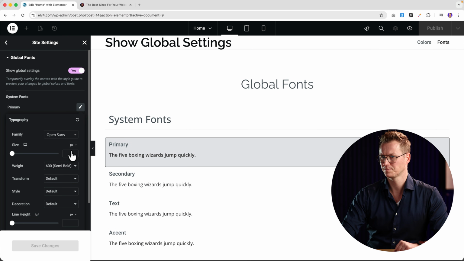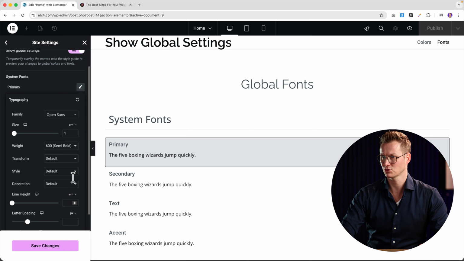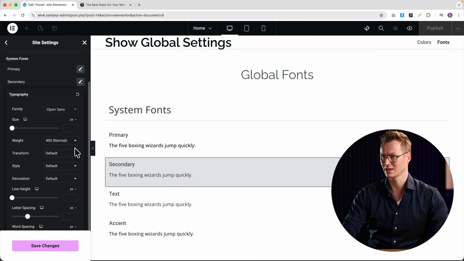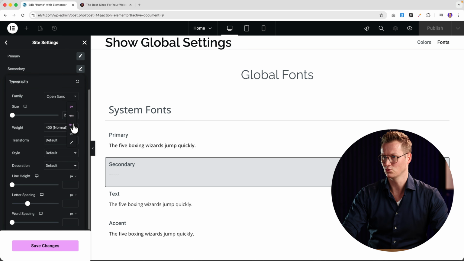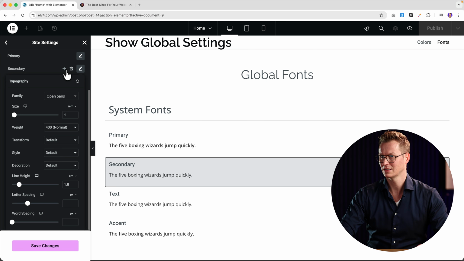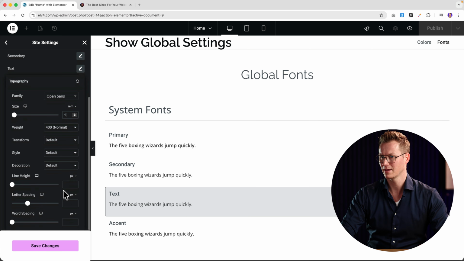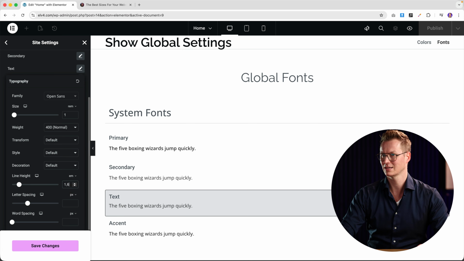Over here, I do the same. I say EM 1, line height, EM, sorry, needs to be REM. I was checking if you're paying attention, 1.6. I'll do the same over here, secondary. So I go to REM 1, and then line height, EM 1.6. The third one, almost there, REM 1, line height, EM 1.6, and the latest one,